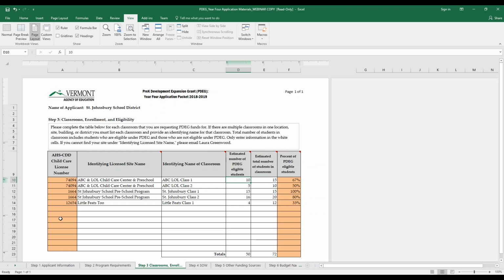So once again, you'll see orange cells and white cells. You are only able to enter, and need to enter, information into the white cells. Since I used St. Johnsbury as an example, you'll see drop-down information here. So you have to find your licensed site name and then click on it. So we did ABC LOL. And then after that, you need to put in an identifying classroom name. Because these licensed sites have multiple classrooms, and you may not be requesting PDEG funds for all of those classrooms,